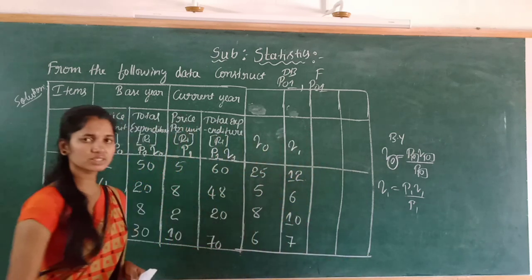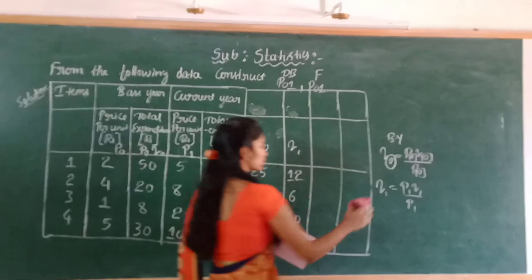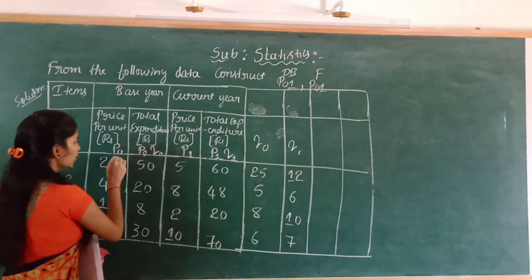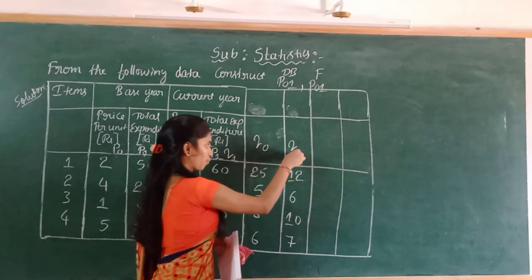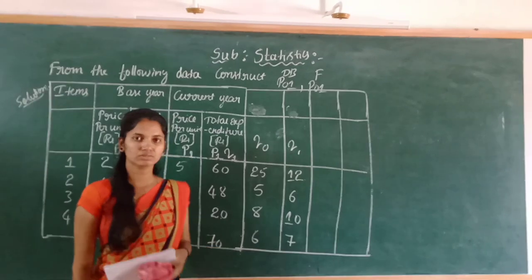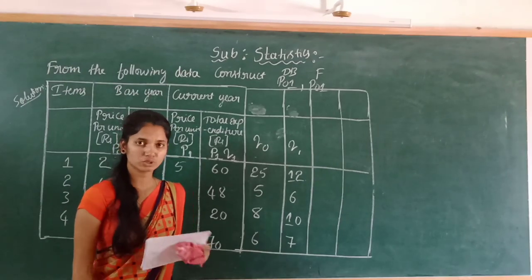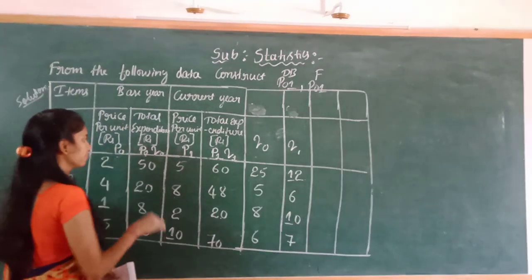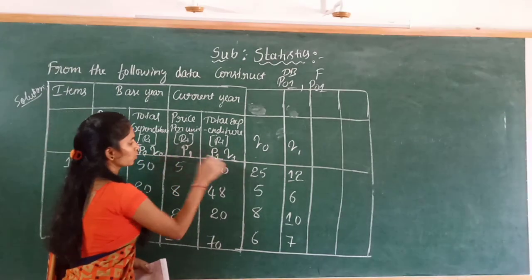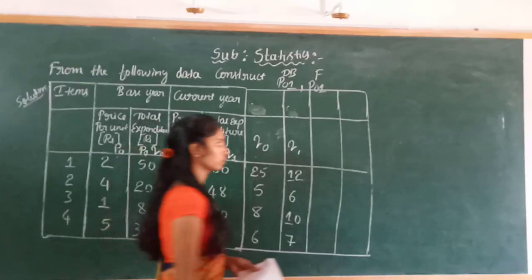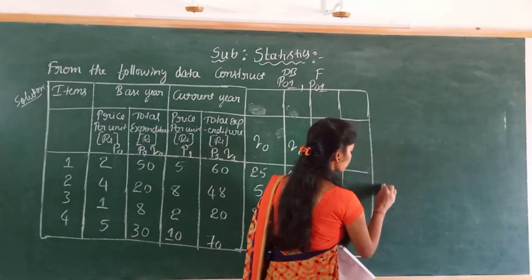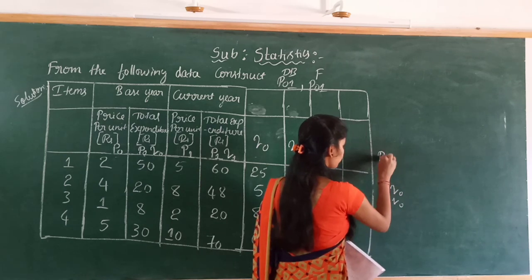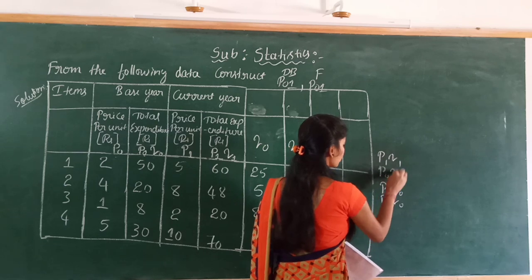Next, then what is the next column? Yes, if you have the values of P0, P1, Q0, Q1, then the next step is the 4 columns. Before going to draw the 4 columns, you observe the question as you already have the P0, Q0 and P1, Q1 values. As I already told you in the last class, what are the columns? That is P1, Q0, P0, Q0, then P1, Q1, then P0, Q1.